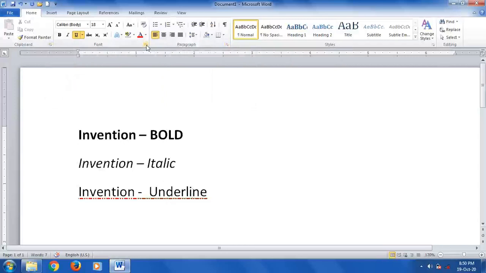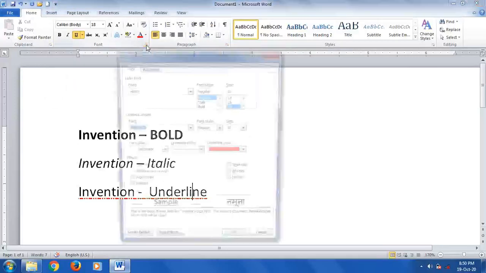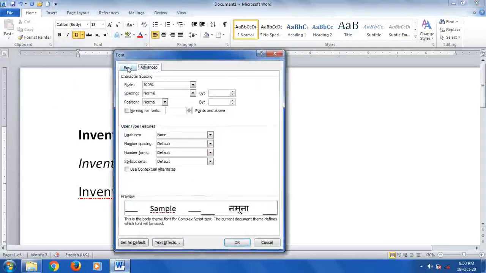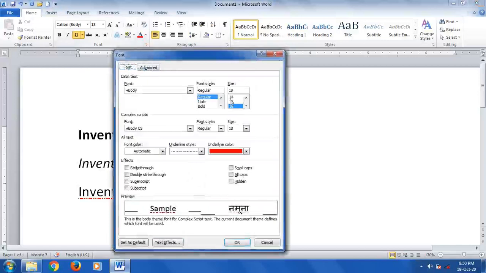Let me open font by clicking on this icon. Then we can adjust as per our requirement, we can set the settings in this document. Okay, I hope you have understood this point, how to use bold, italic and underline.